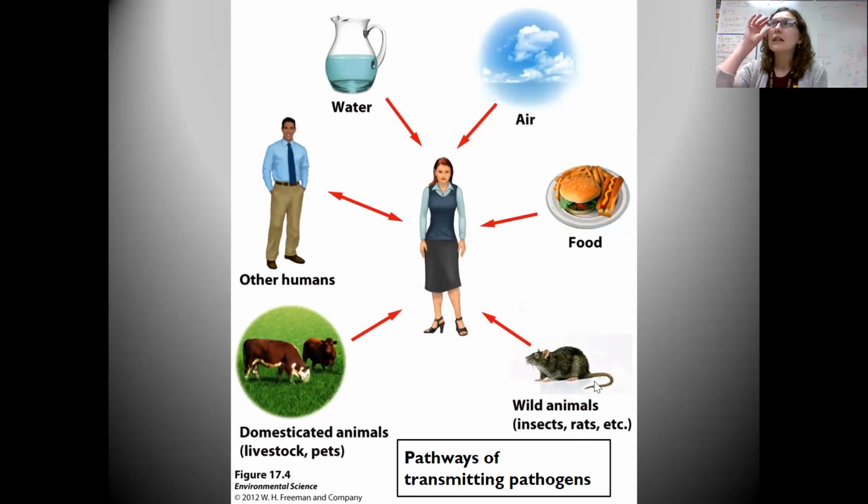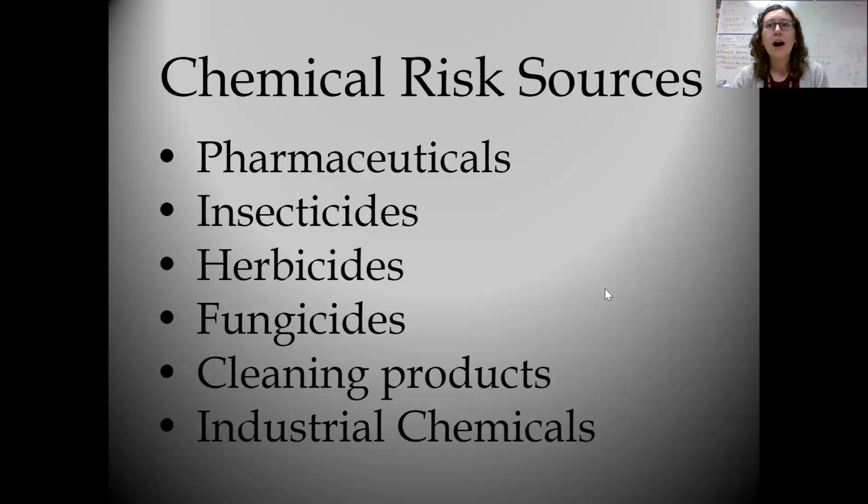Sometimes it's even like in the case of the Black Plague, where wild animals were carriers, but they were not themselves affected by it. So rats were a huge carrier. It was actually on their fur, that plague bacteria, sorry about that. So they were carriers of it. They transmitted it to humans, but we were not giving it back to the rats, if that makes sense, because it was something that was specific to humankind.